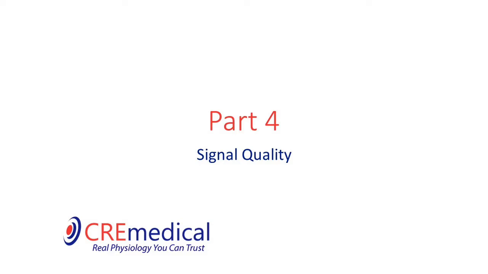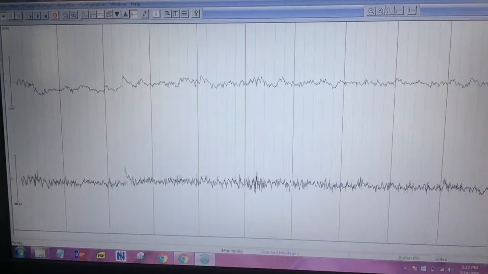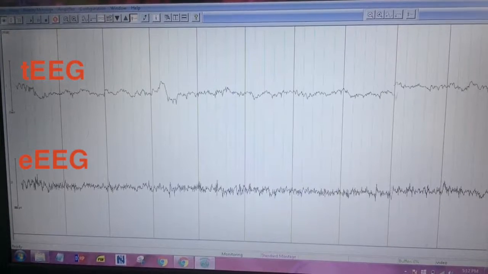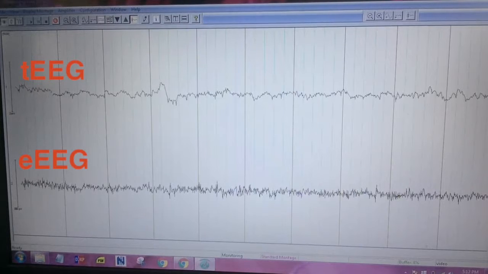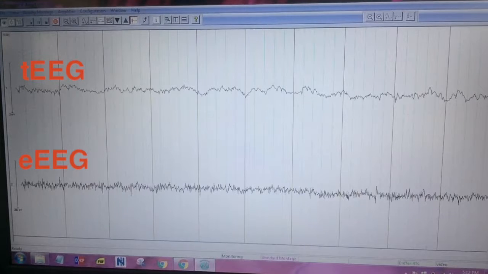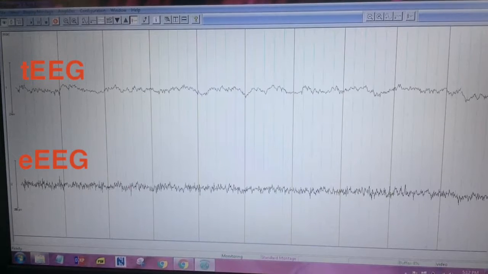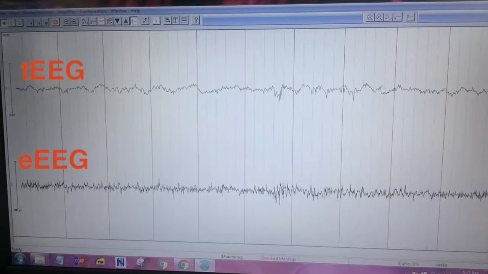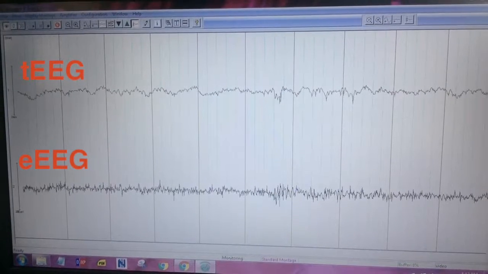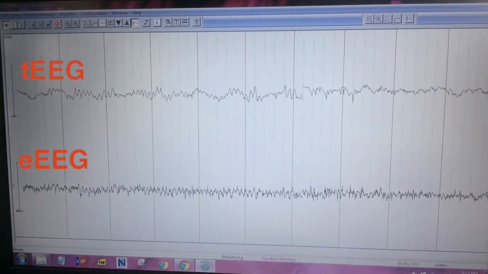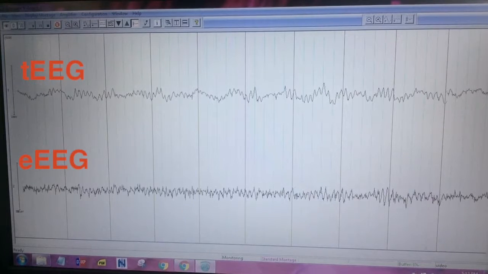Part 4. Signal quality. These are the signals recorded from one T lead. The top trace is the tEEG signal, and the bottom trace is the eEEG signal. In order to properly visualize the signals, we have adjusted the sensitivity of the tEEG signal to 1500 microvolts peak to peak, and the sensitivity of the eEEG signal to 150 microvolts peak to peak. This is because the tEEG signal is amplified by the T-interface 20 approximately 10 times more than the eEEG signal. So we set the sensitivity on the tEEG signals to be about 10 times greater than that of the eEEG